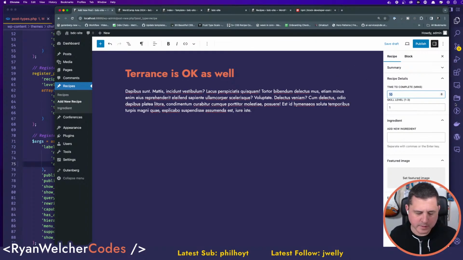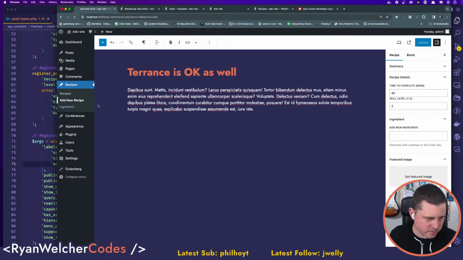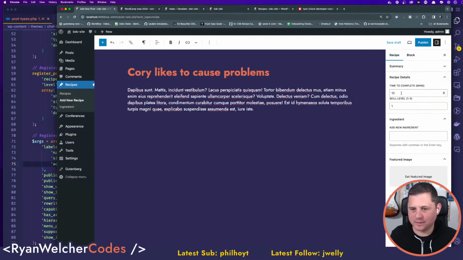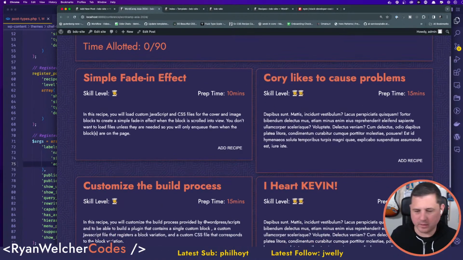I need to make this 45 minutes, and this is level 2. I'm gonna publish this, and I'll just make another one. Corey likes to cause problems. There we go, because he does. He's a problem solver, he's a problem causer. I think Phil's the problem solver in that group. I'm just being that way.